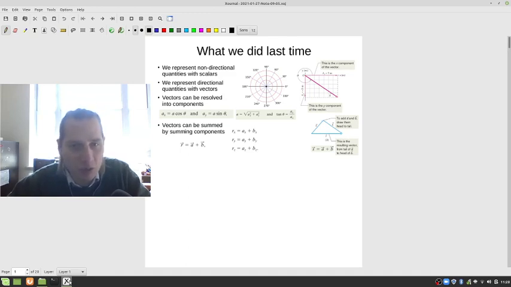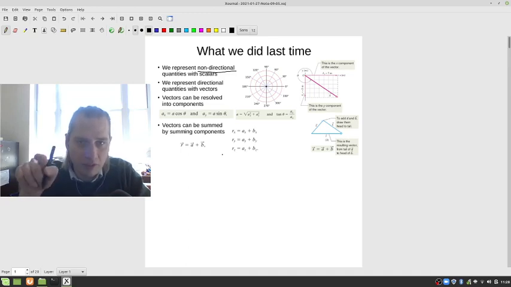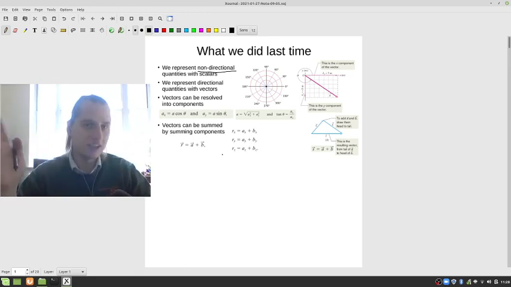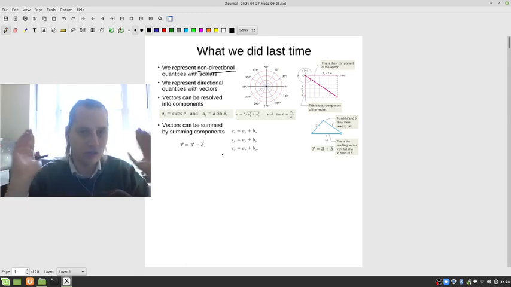Okay, so what did we do last time? Last time we talked about vectors and scalars. If we have a non-directional quantity, by non-directional, I mean it doesn't have a pointer attached to it, we describe that with a scalar. An example would be something like temperature or just distance. If we didn't care about the displacement and only wanted to know how far, we could use that as a